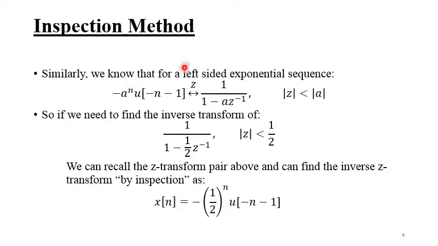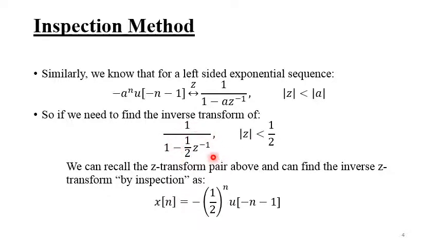Similarly, for a left-sided exponential sequence, we have found the Z transform of the signal, which is equal to 1 over 1 minus A Z inverse, with |Z| less than |A|. So when |Z| is less than this, you understand this will be a left-sided sequence. Once you know the ROC and the generalized expression, if you are given this expression and the ROC, we can easily tell that this sequence will be a left-sided sequence, and the inverse Z